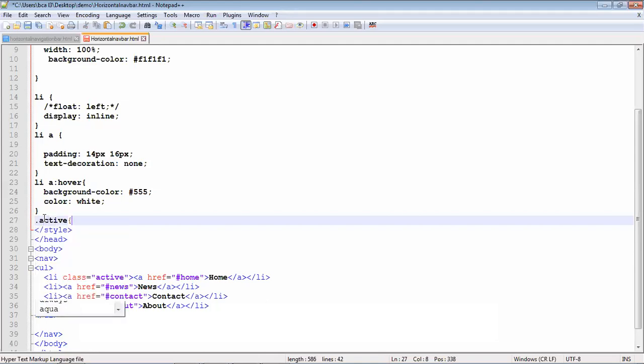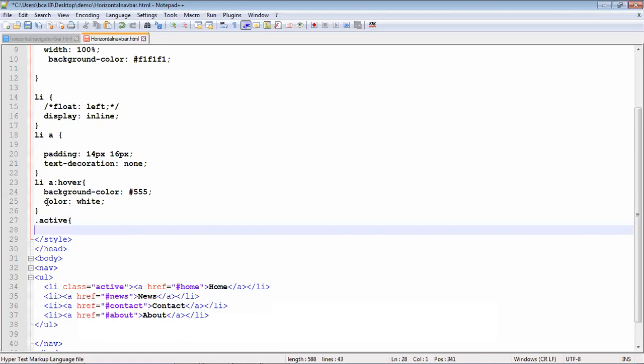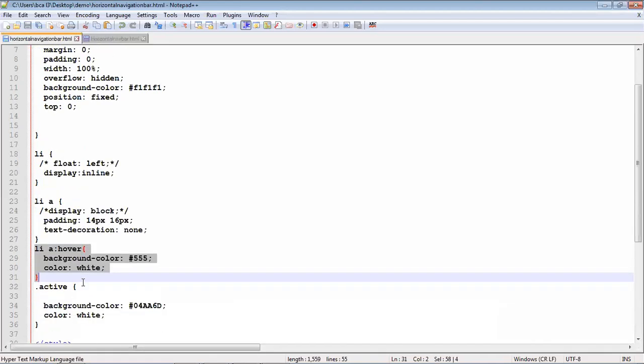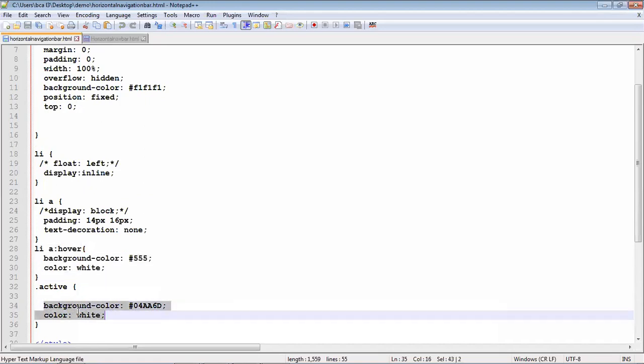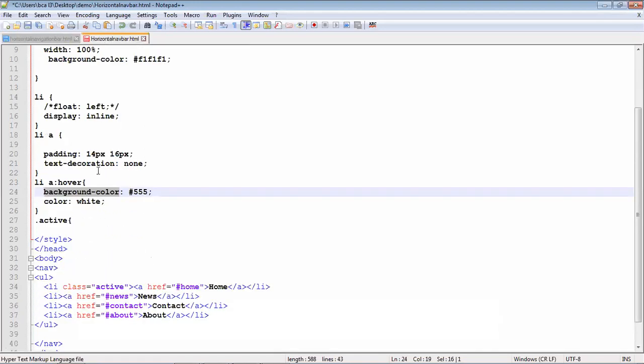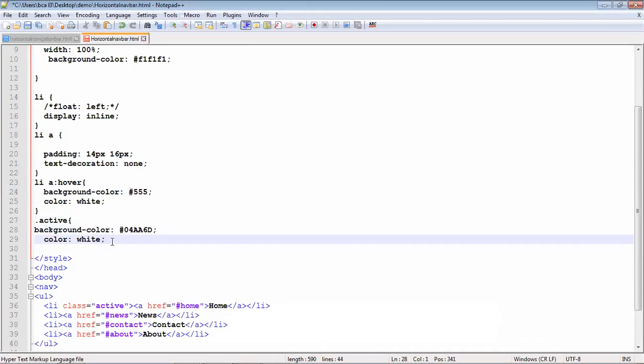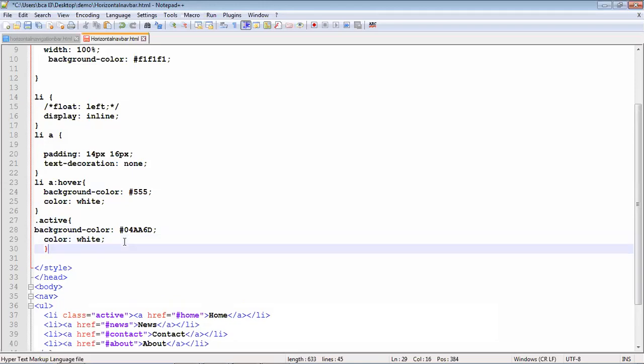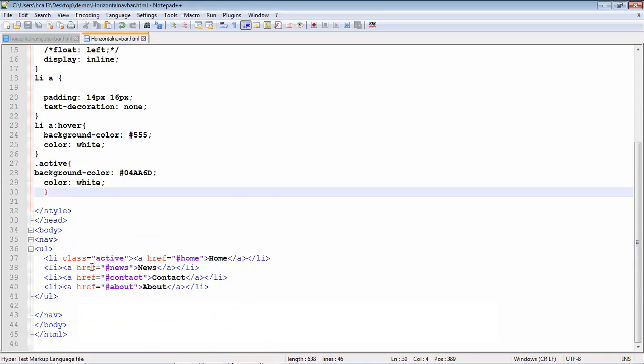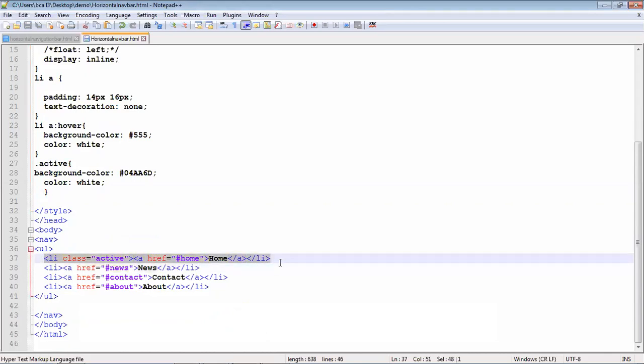Next we have to give background color, and I am giving text color also. For active, I have given it to home, the first home li only.